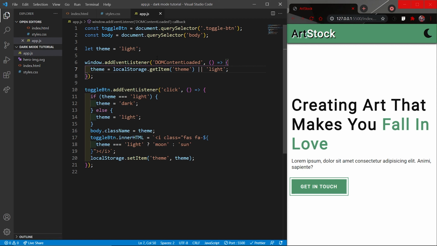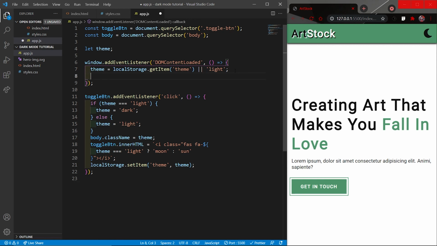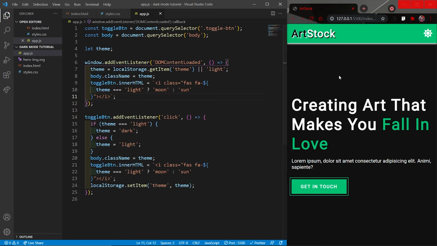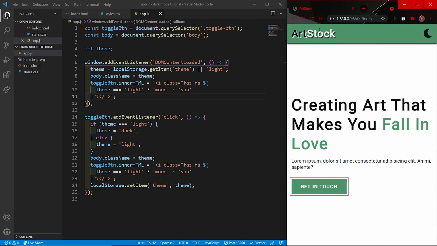So since we are doing it now, here we can remove this value, and we are storing the theme in this theme variable, and again we would want to do these two lines. So I will copy and paste them here. So my theme turns dark. So if I click on it, refresh, nothing changes.